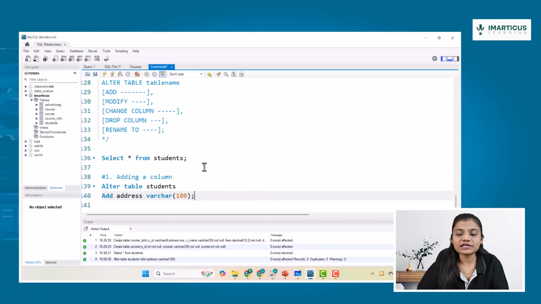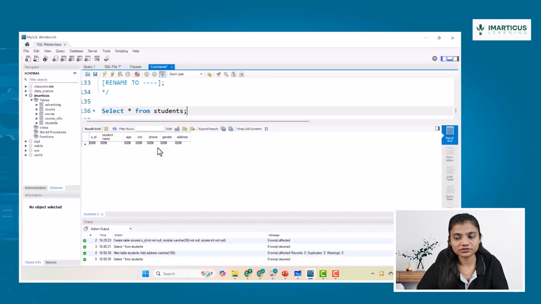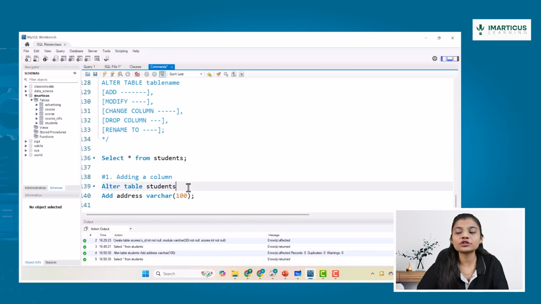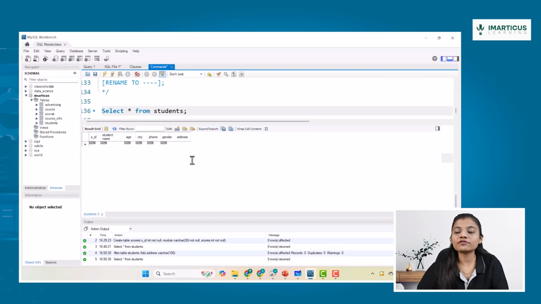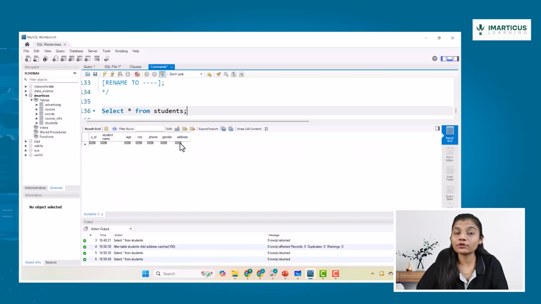But you can see all the columns which are being added are at the end. So when I run this query, you can see address is being added, but it looks like it's there at the end. Because I didn't mention the position where I want to add. But what if I mention the position that I want to add after this or after that? For that, I'll be using